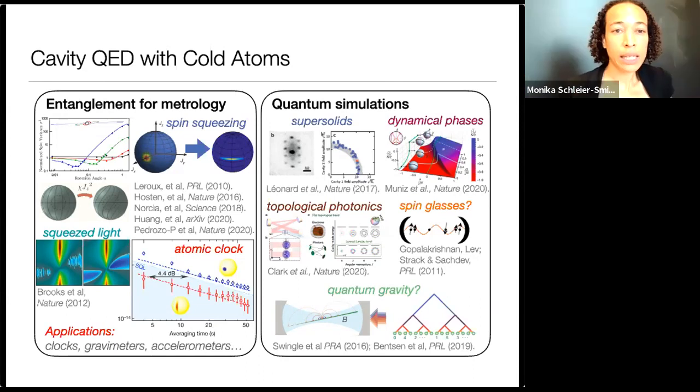Yeah, so there are definitely proposals for doing this in a variety of systems, for example, in condensed matter systems. Earlier I showed some picture of something that looked like graphene, and there are some proposals there for simulating SYK, which I'll maybe briefly touch on next time, because I want to give a flavor of what the different platforms people are thinking about are. So there are ideas there.